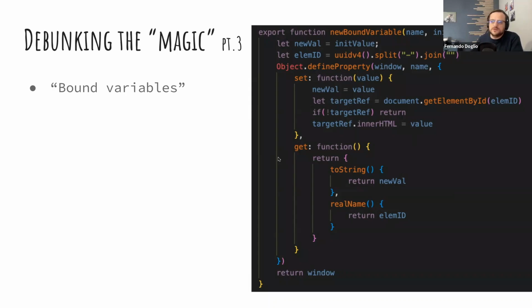Now for the get function, we're not going to return the actual value. We're going to return an object, and you'll see why in a minute. But essentially, we return a JavaScript object with two methods: the toString and the real name. The toString is a special kind of method. Maybe you've seen it from other languages or maybe from JavaScript as well. But the toString method gets called by the runtime whenever you try to concatenate an object with a string,